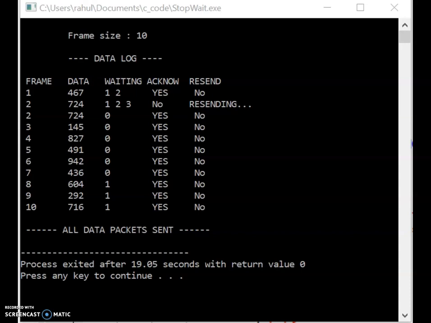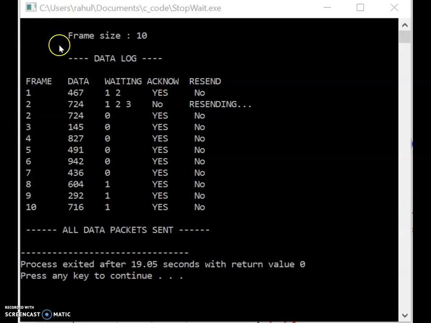Once the receiver sends the acknowledgement to the sender, then it has to send the next packet. So this is the condition. If the acknowledgement is not received, we have to wait for some time. If it is still not received, then you have to resend the same packet. That is the behavior we are going to simulate here.